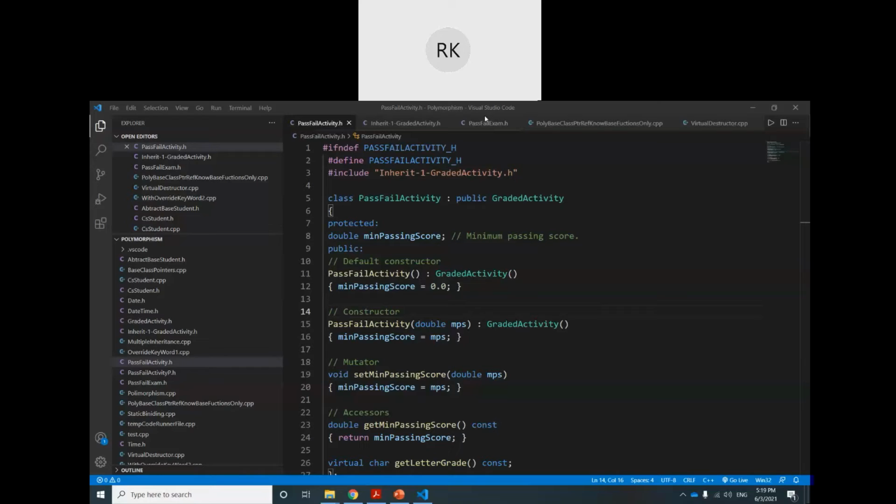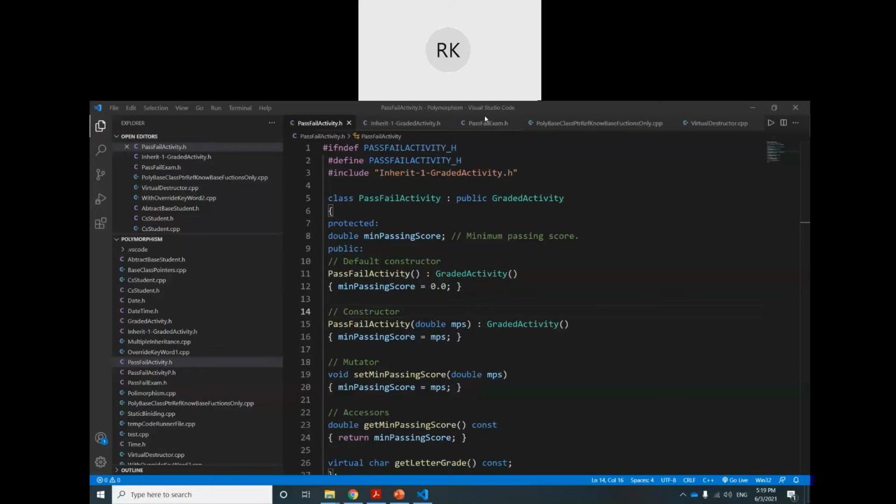Any grade activity is not a final exam. For example, group assignment, individual assignment, lab test, these are grade activities, but they are not final exams. But a final exam is a grade activity. So the first one is true, that a final exam is a grading process, but every grading process is not a final exam.